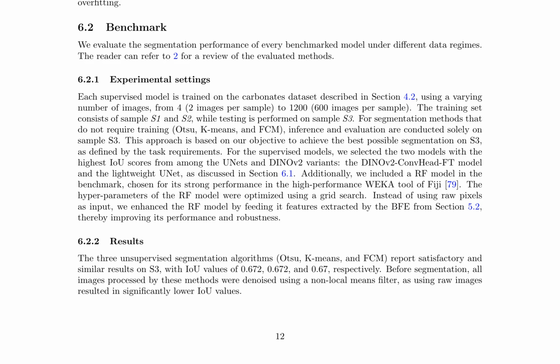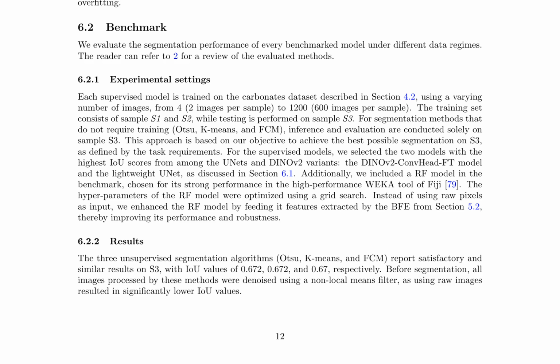The segmentation performance of these models is also benchmarked under different data regimes, training them on varying numbers of images from the carbonates dataset. The evaluation includes unsupervised segmentation algorithms, such as Otsu, k-means, and FCM, which report satisfactory and similar results on S3, with IOU values ranging from 0.67 to 0.672. These methods are enhanced by denoising images using a non-local means filter before segmentation, as raw images result in lower